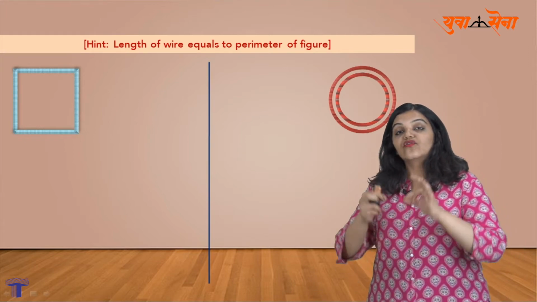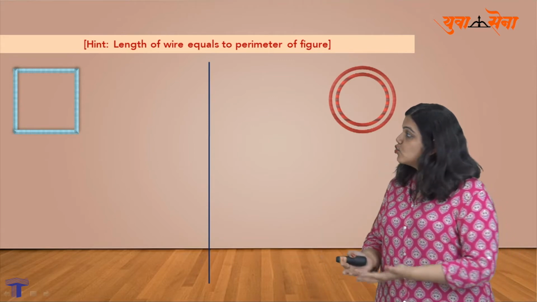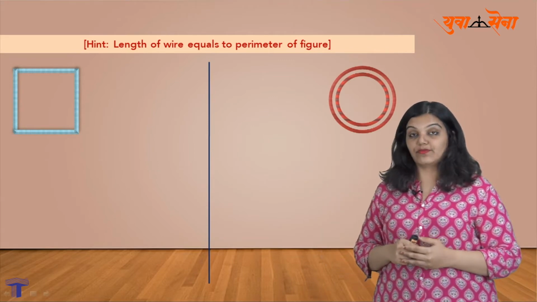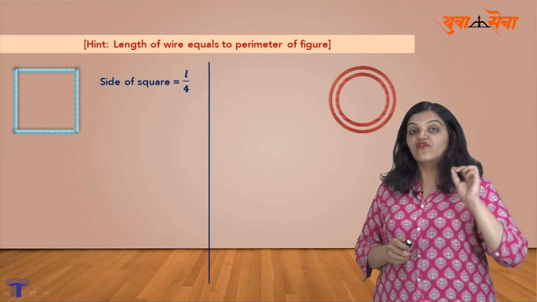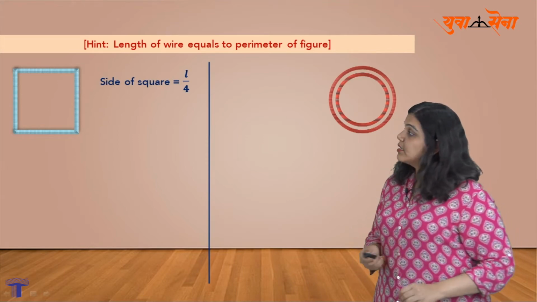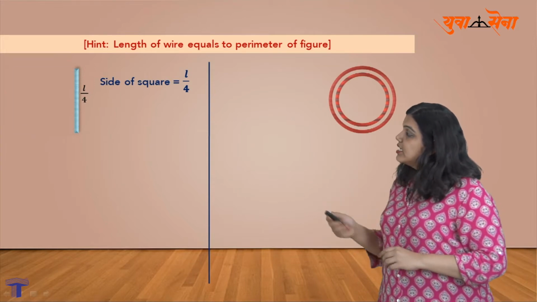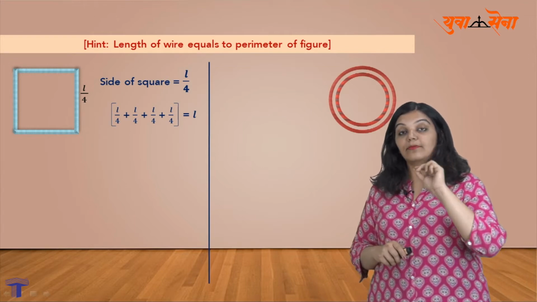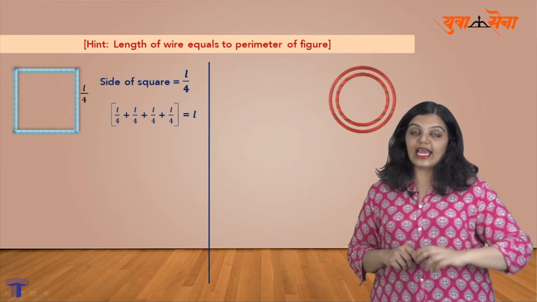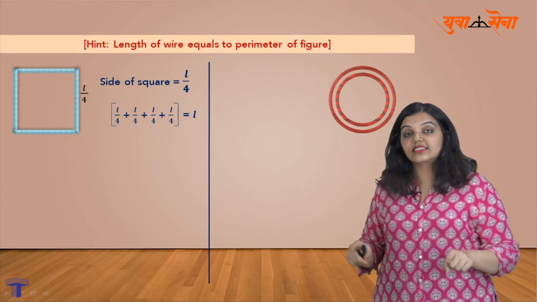You had a wire of length L and this length L is now made into a wire which is square shaped, which means that the side of this square must be L by 4. And this is obvious because if I add up the L by 4s for all the sides of this figure, then I can write L by 4 plus L by 4 plus L by 4 plus L by 4, and that will give me L, which it should, because I have used that wire L to make this figure